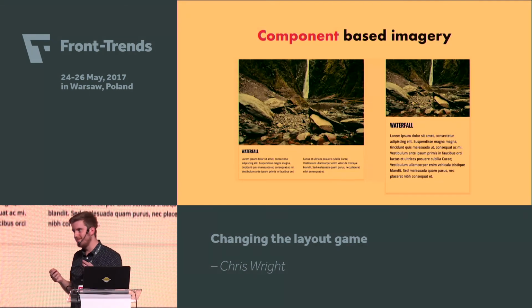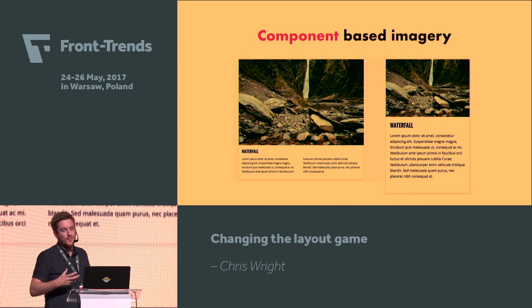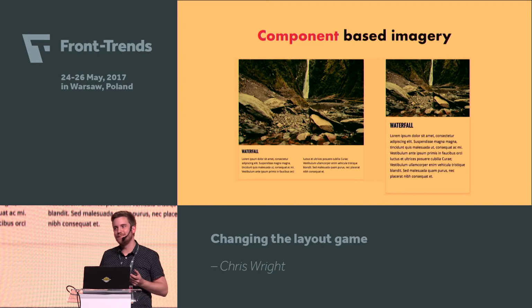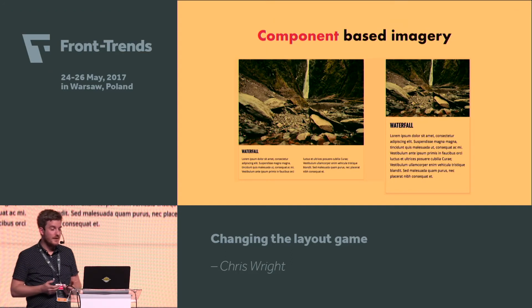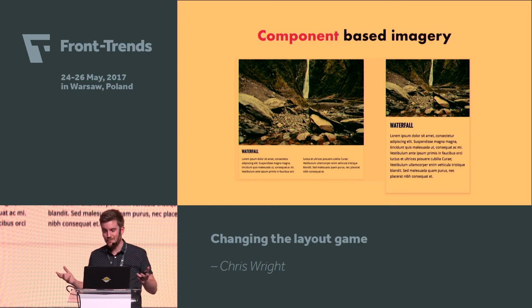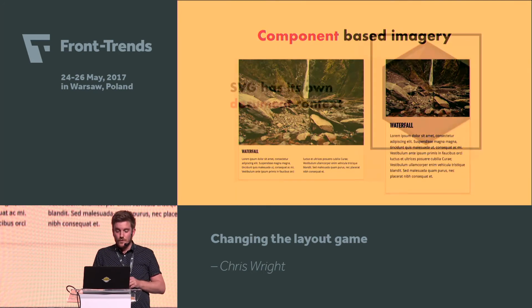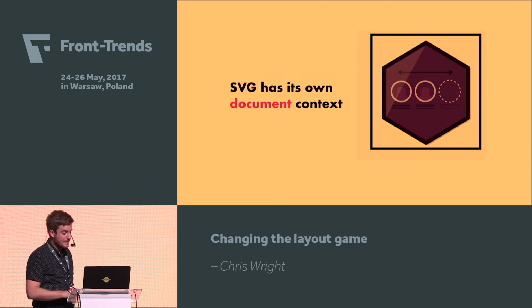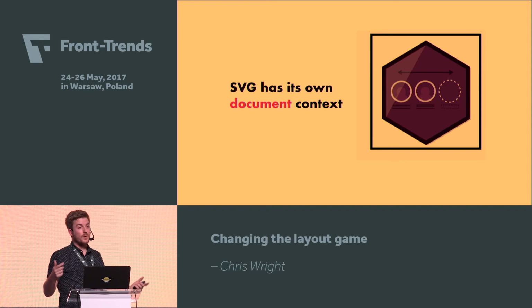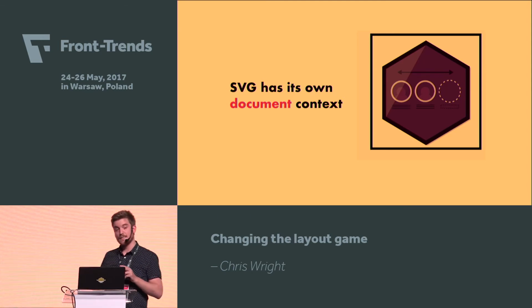Now, images are another important part of how a component might move around. And one problem with the picture element is it only cares about the viewport. So what happens with bandwidth when you've got this massive image and you put this component on and it's a tiny image? Well, fortunately, SVG can have its own document context, which means if you were to put a media query inside an external SVG, it will treat the SVG as having its own viewport,